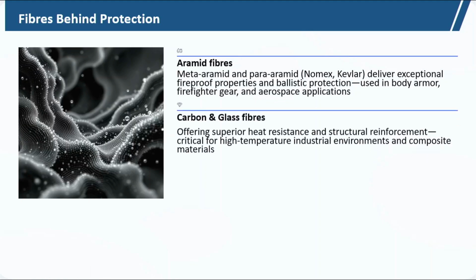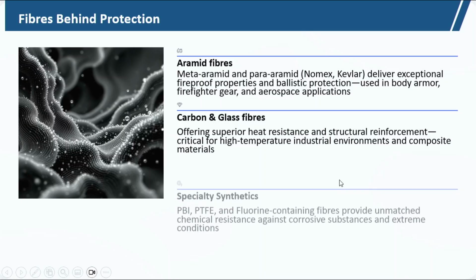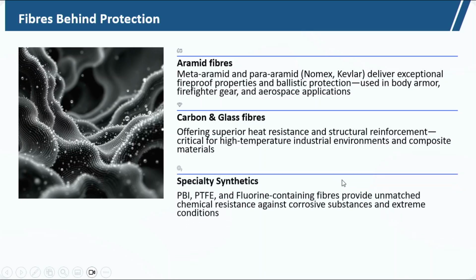Carbon fibers, so aramid fiber, then carbon and glass fibers. They offer very good structural reinforcement. Carbon and glass fibers are used there for structural reinforcement, for their strength, modulus, and are critical for high temperature environments and composite materials. So, we use them for all these applications, and specialty synthetic fibers like PBI, PTFE,